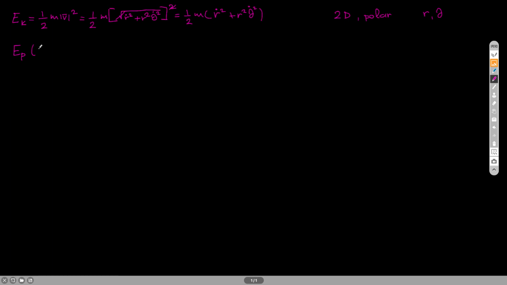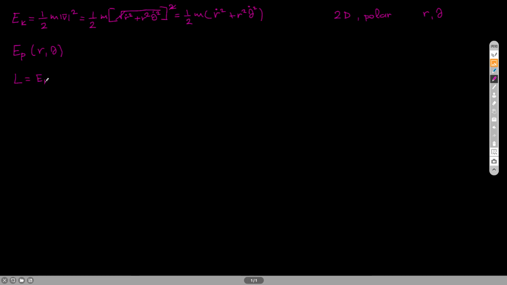For the potential energy, I will simply say that it depends on r and theta. I will not assign a specific function to that. It does not depend on r dot and theta dot. There is a chance that the potential energy may depend on a velocity, but I'm not saying that in this case. So moving on,